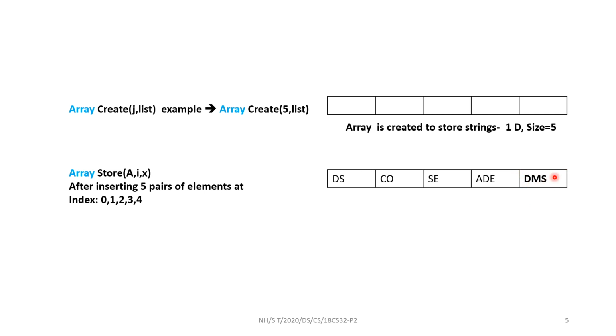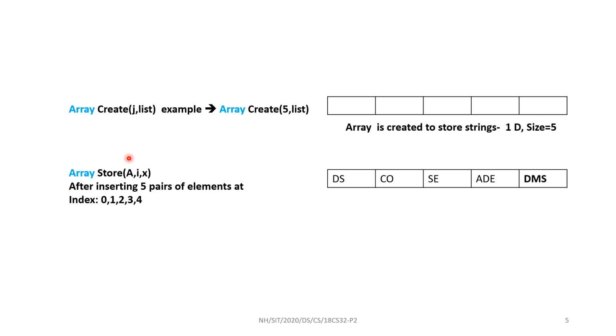In order to store the item, I need the array name, where you are going to insert the element, where you are going to store the element, and what you are going to store. When you are sending the parameter, you must see that the data type of this item should match with the array data type.